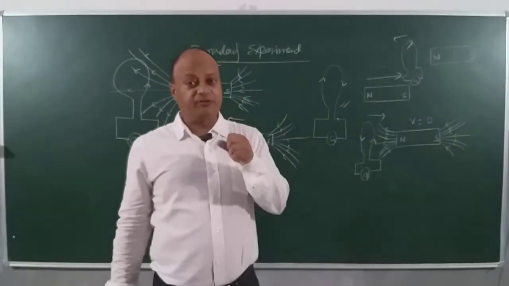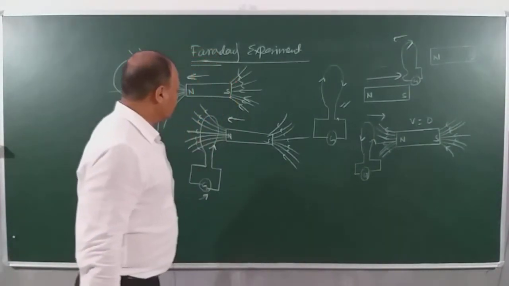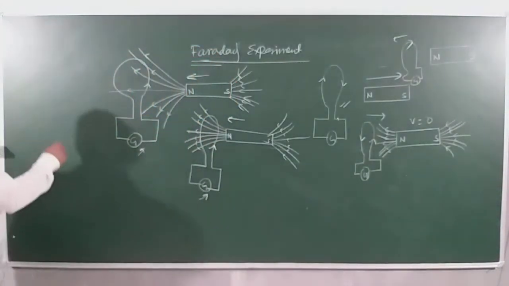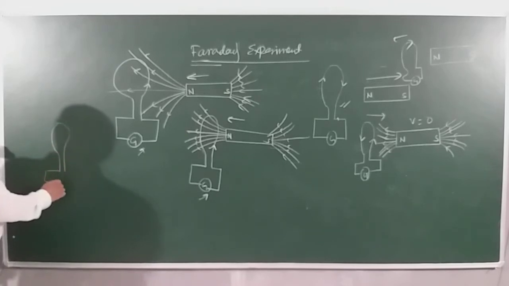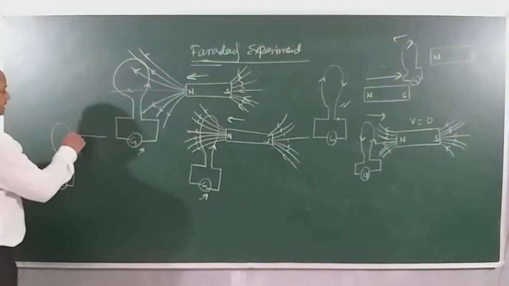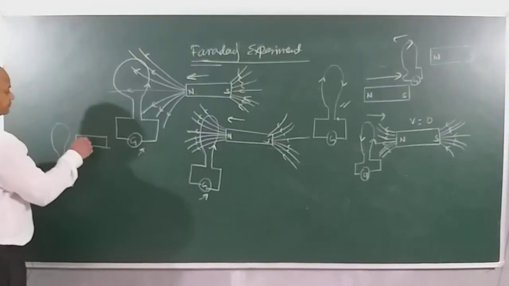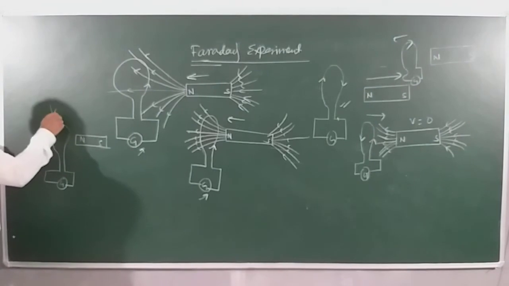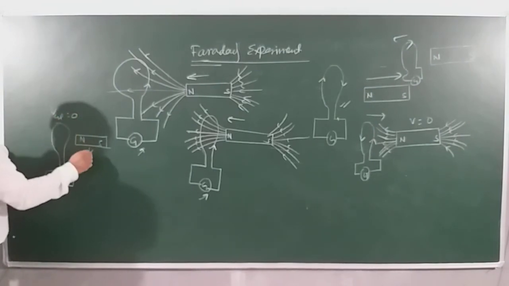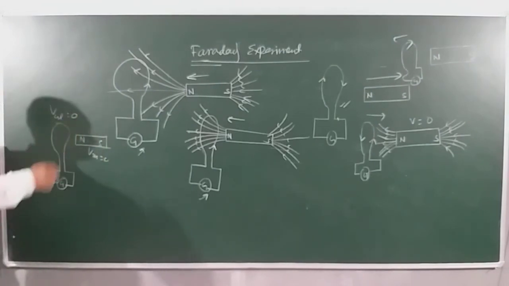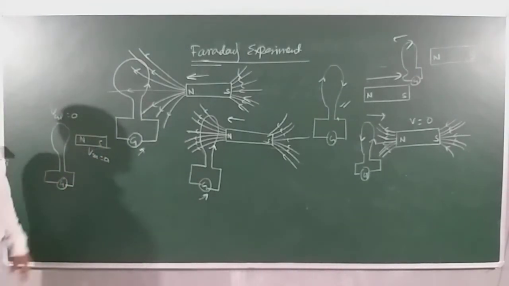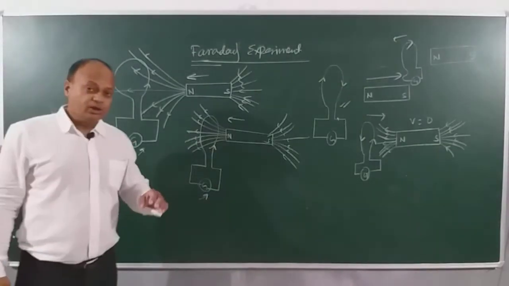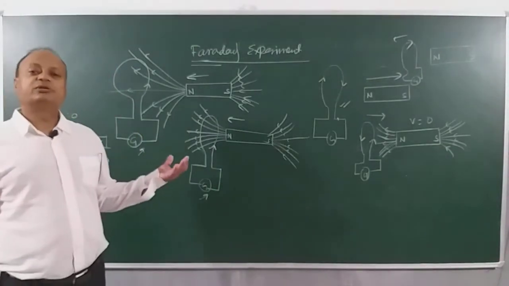Now what is very interesting is that if I have a situation like this, that the coil is here, right? Here you have a galvanometer and children, here we have a magnet. Velocity of coil is 0 and velocity of magnet is also 0. Both are stationary. In this case, he found there was no deflection in the galvanometer, meaning no current was being produced, right? So this led him to conclude.